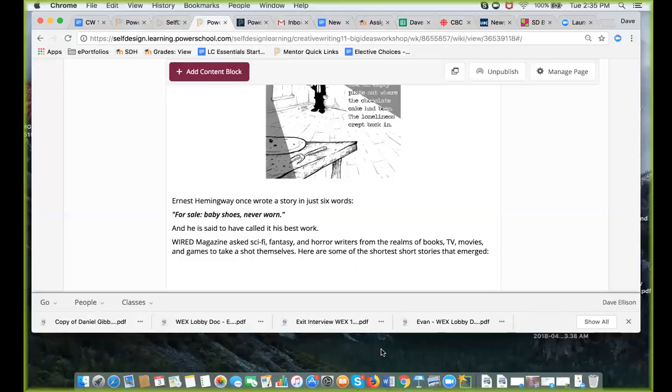And so this one short story of his, I'm pretty sure it came out of this idea to compress things to things that are essentially truthful. So this one, For Sale, Baby Shoes Never Worn. I mean, it tells a pretty complete story, but it leaves out a lot of details.